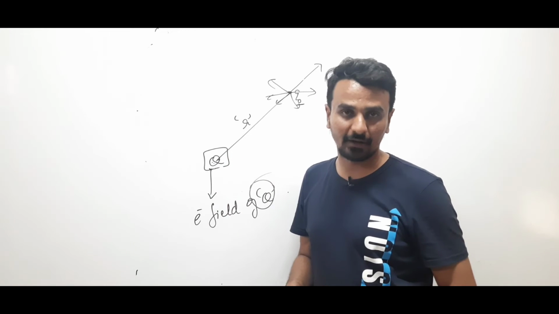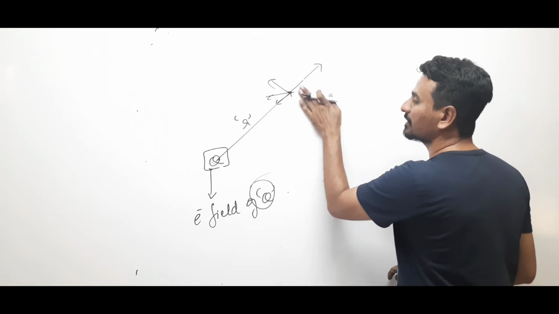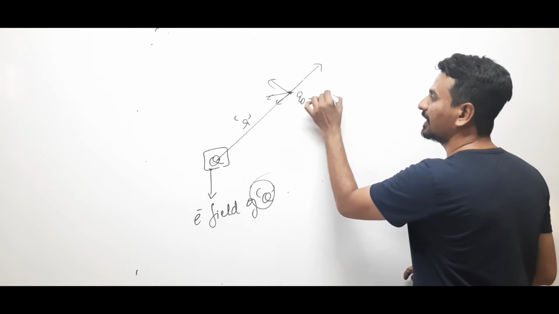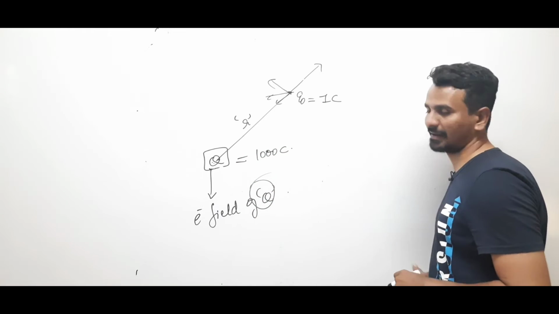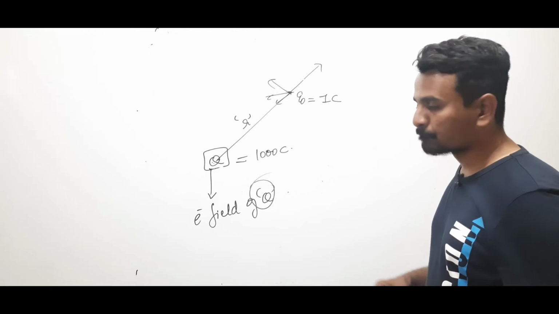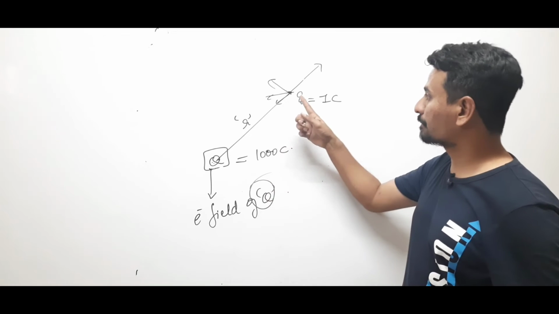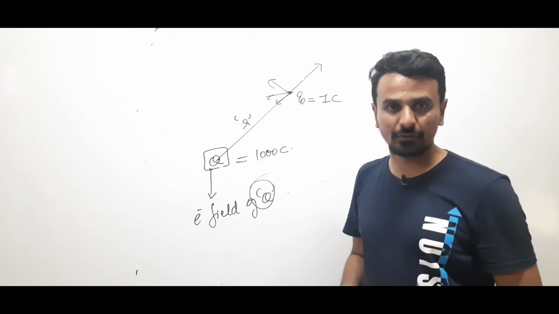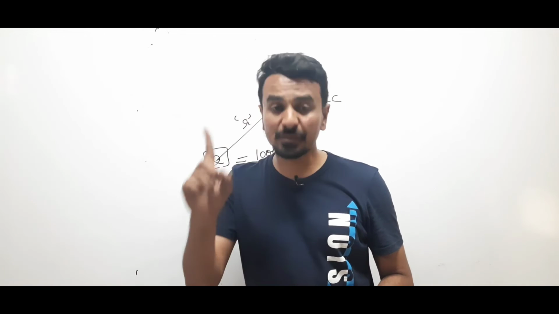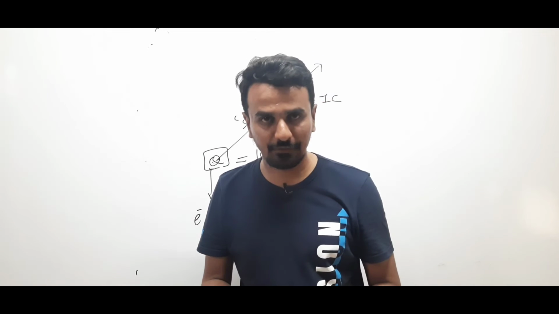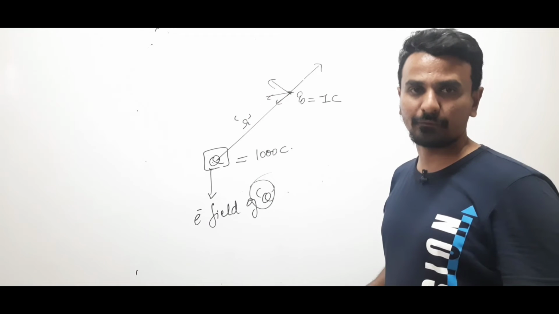I get the net electric field. For this reason, let us do one thing. Let us take this charge Q0 as a very small charge, and this charge as a very high magnitude. Here, I am taking this charge of very high magnitude, and this charge of very low magnitude. As I said earlier, a charge whose magnitude is more will create a stronger electric field, and a charge whose magnitude is very less will create a weaker electric field.